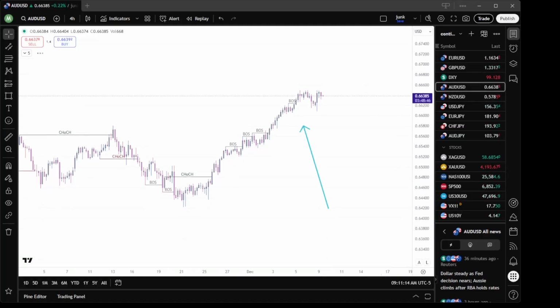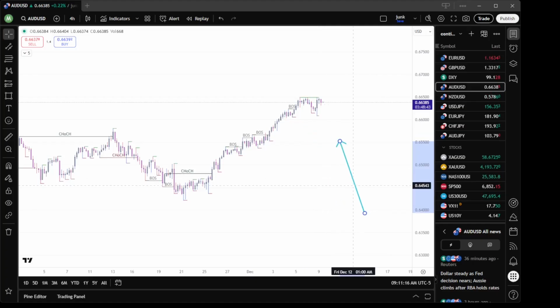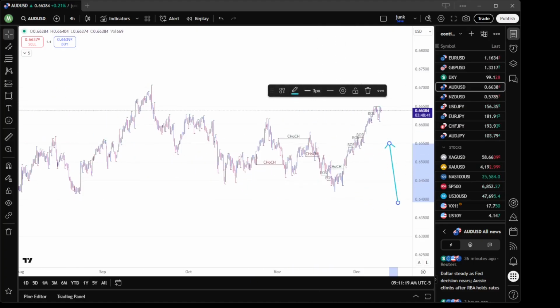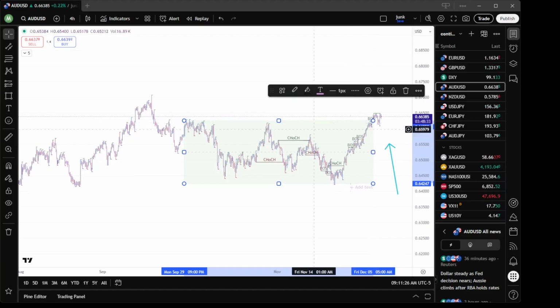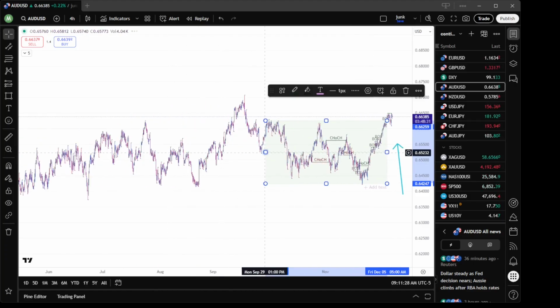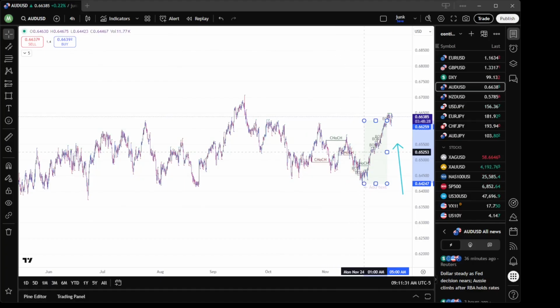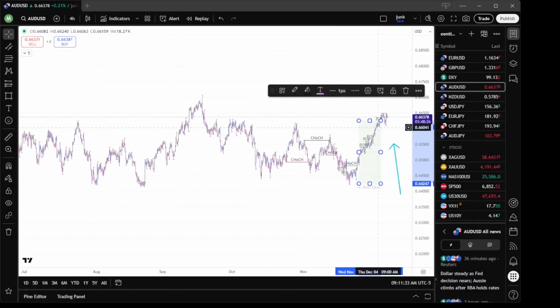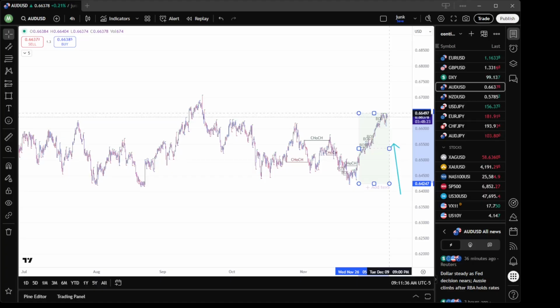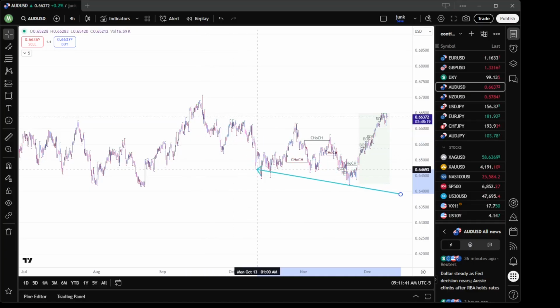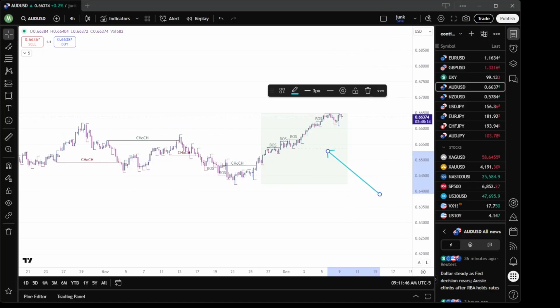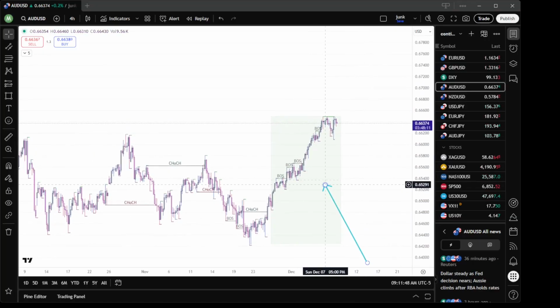AUD USD, let's go map out the current range. Well, this is the previous range, but as we know, AUD USD has been in consolidation, range bound, and now price is at the top of this range. The overall structure, we know the buyers push here, where sellers step back in and push price back down into this overall consolidation. Now internally, we know this is bullish, continuing to push up, broke all the highs, took out